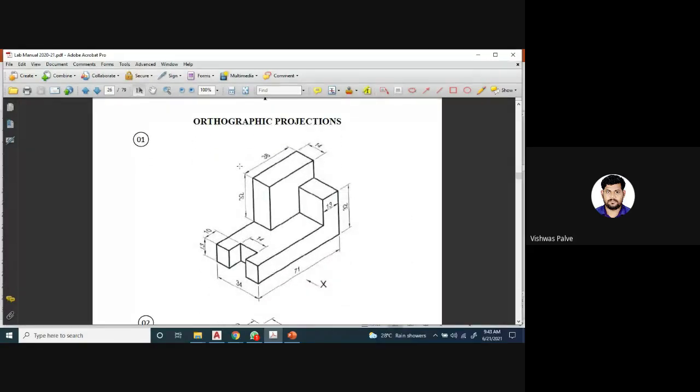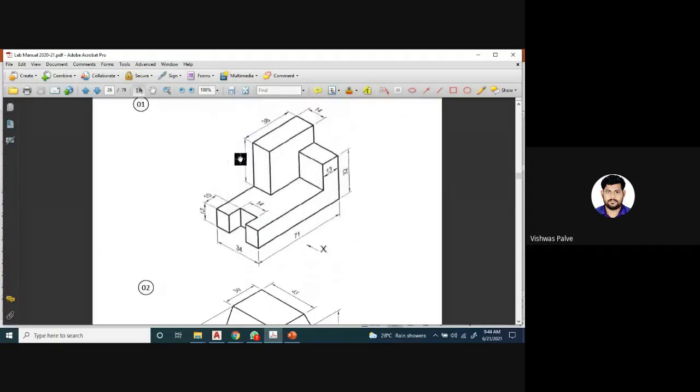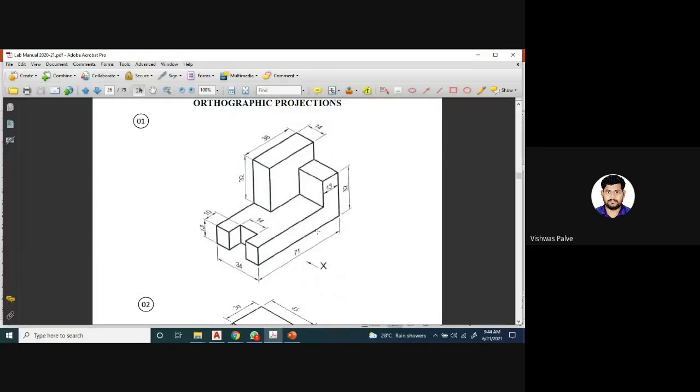So this is the first problem, in which suppose I observe it from the front direction. What will be the views, or what will you get in the front direction? If I want to draw, you will get this height, that is 32 millimeter. The L shape you will get. In the reverse direction it will be an L shape like this, 72 millimeter, 13 millimeter. Then this surface won't be visible when you observe.